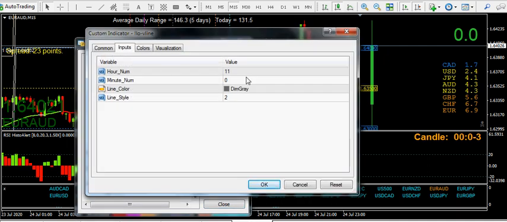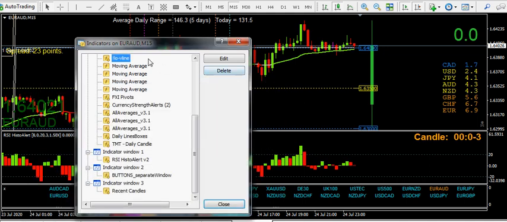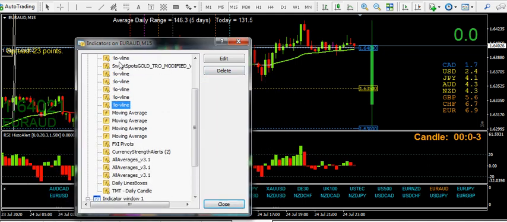I've got that particular one, the grey one. That's that one there. 2 hours ahead of time because that's the server settings for the broker. So 11 equals 9. That's the end of the volatile period, or what I consider to be the volatile period in the London session, and then you can change that accordingly. You can change the color accordingly, and you have to load multiple instances of that for the different times of day. Okay. Moving average, that's just the standard